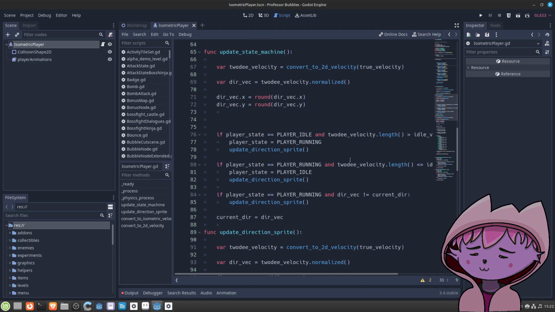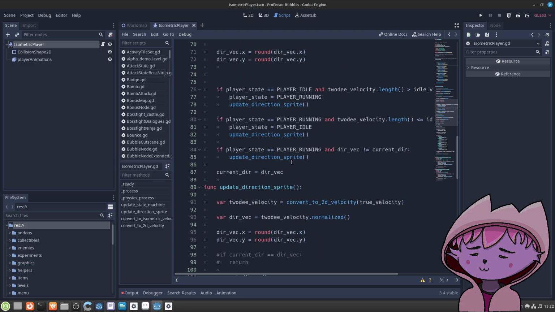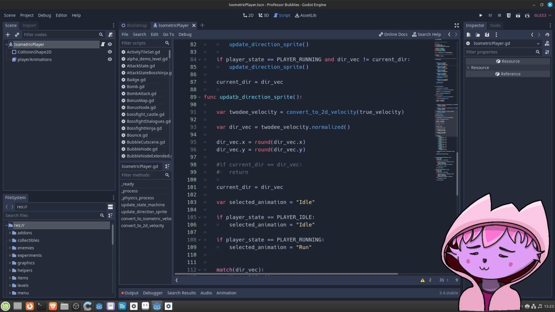You see here we also have things which I listed in this text file. We have the state machine. We have the updating of the direction sprite.